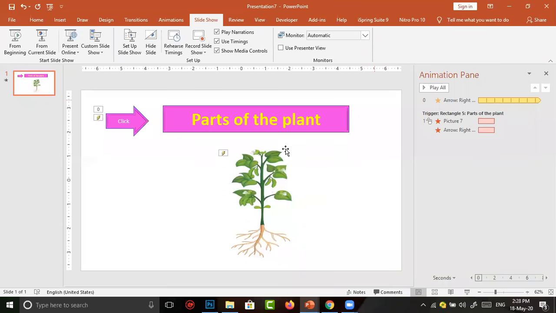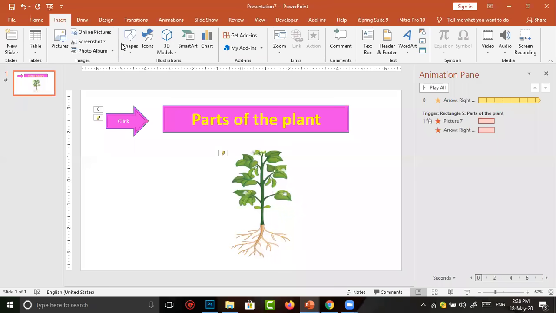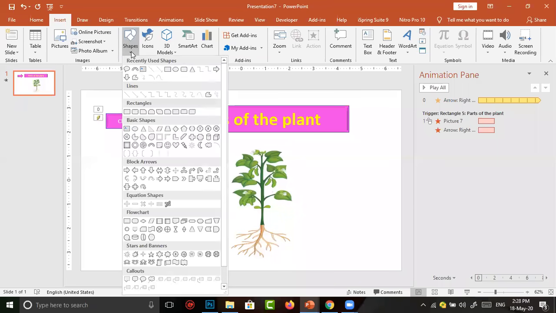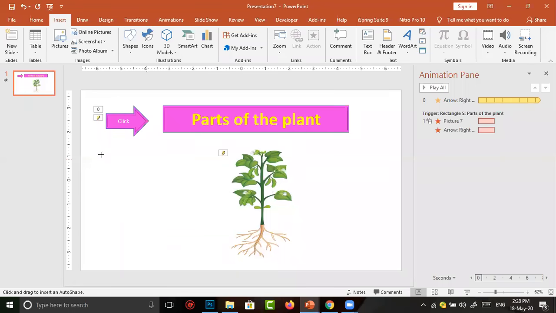What other things have we seen in our demo? At the same time, when this plant is disappearing, other contents are appearing. Now I'm going to introduce the contents. Going to insert, select shape, in which I'm going to draw a rectangular box.